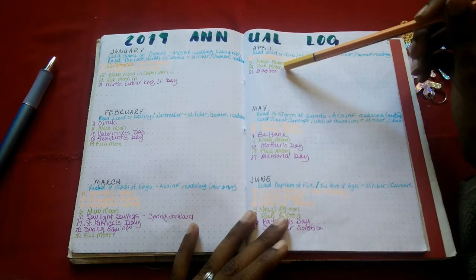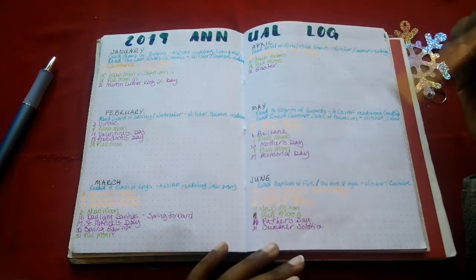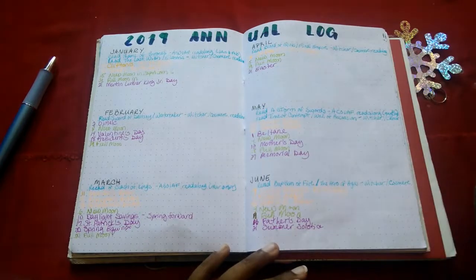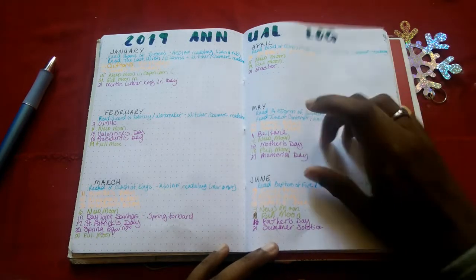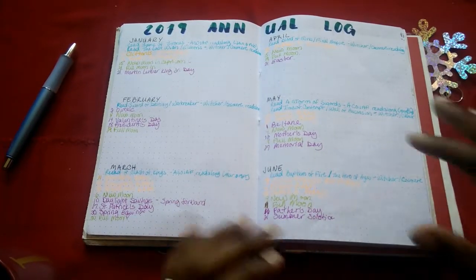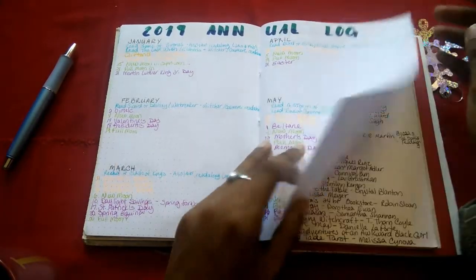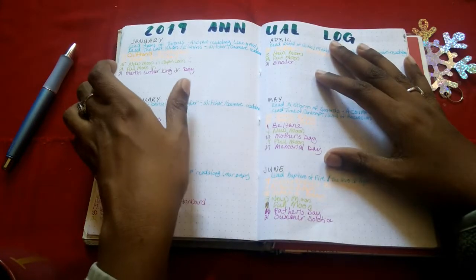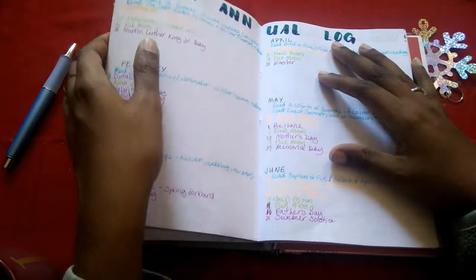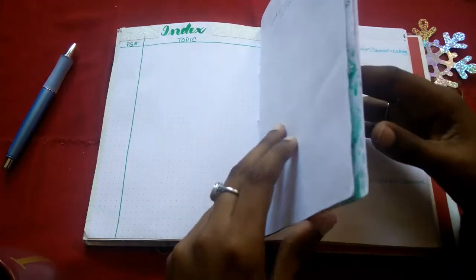The green showing the new and full moons, and then the lilac-y color is holidays. Whoops, sorry about that. So that is those things. Now let's look at a whole at my